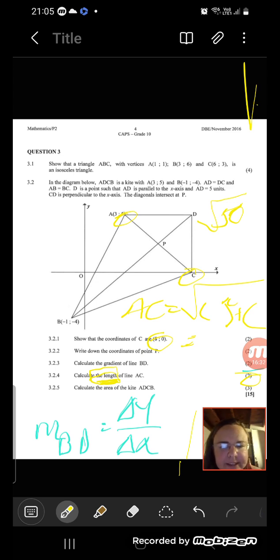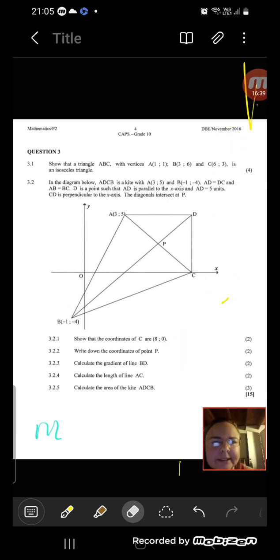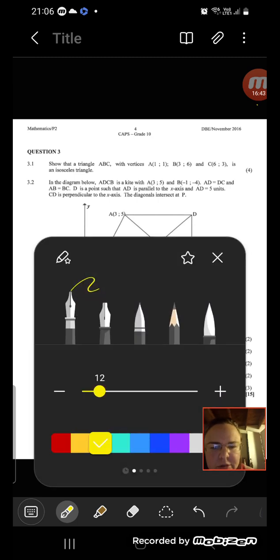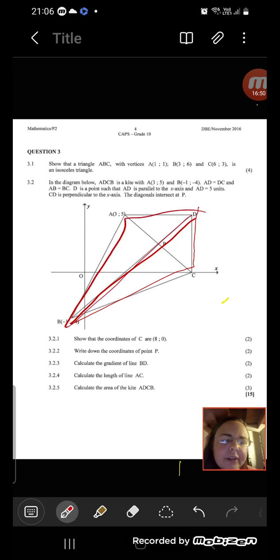Calculate the area of the kite. Okay, this is really interesting because you could do it in 2 different ways. The kite in my mind is two triangles. I see 2 triangles. Okay, how do you find the area of a triangle? I say half base